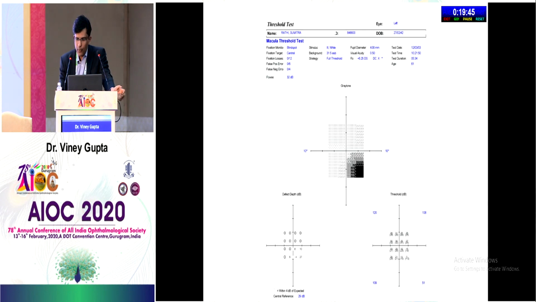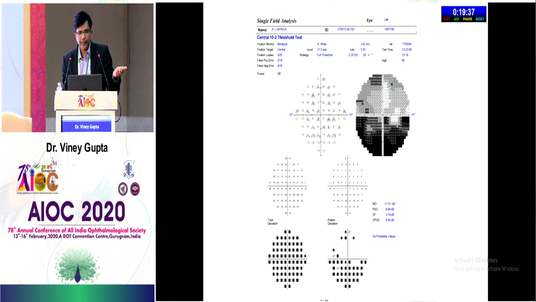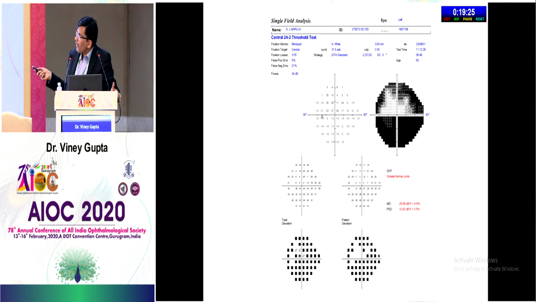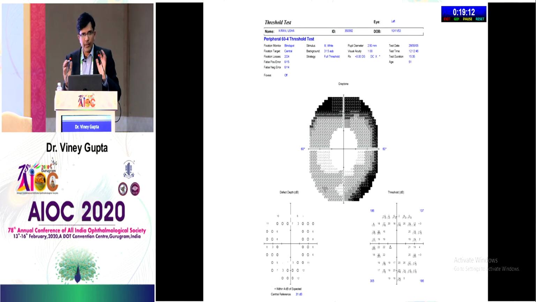So the patterns of visual field that are present on perimetric examination are a 5-degree pattern like you see here, which is primarily used for macular thresholds. You have a 10-2, which is primarily used when most of the visual field is already gone and you have only a small central island left, and then you want to see how it is changing over a period of time. You have a 24-2 which is done very often in the West because they want to save time, they want to do the test quickly, and so the 24-2 is only 24 degrees is tested. But what we do mostly is a 30-2, that means we try and test at least a 30-degree visual field.